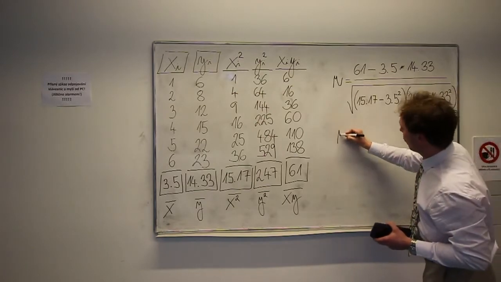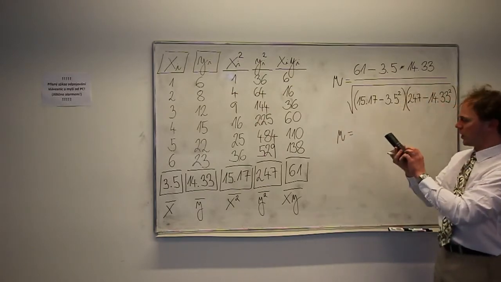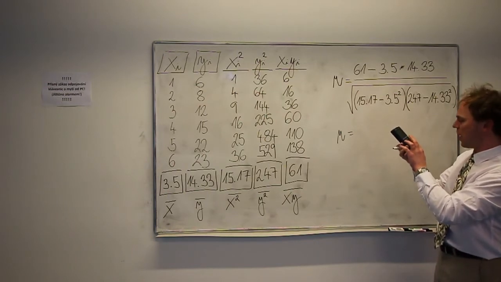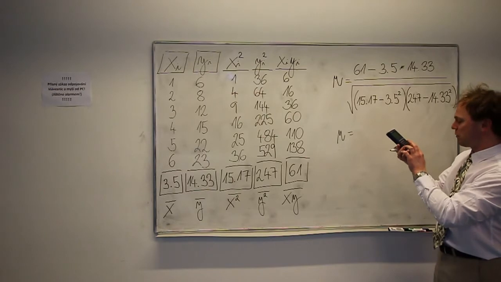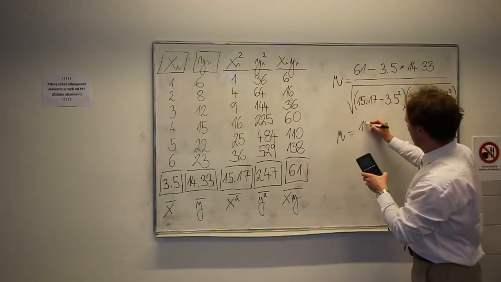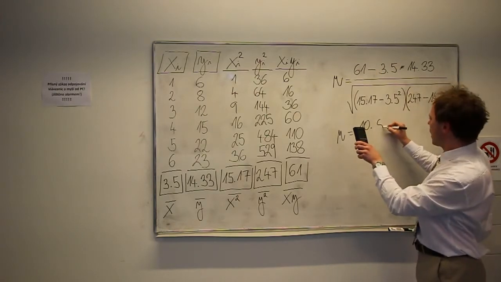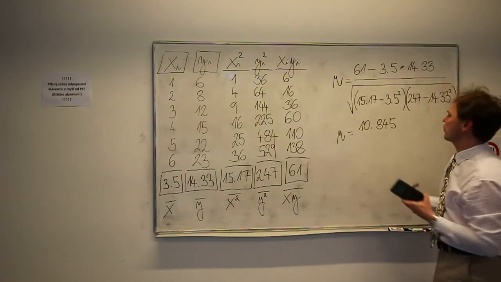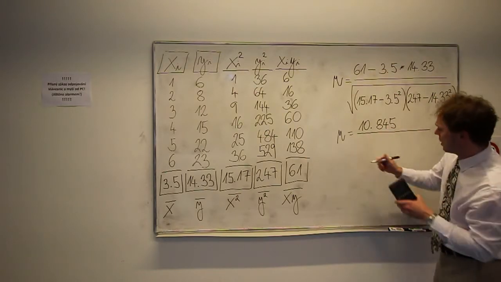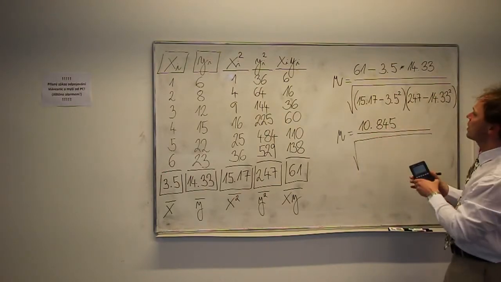Now I will calculate r is equal to, in numerator we have this minus 3.5 times 14.33, 10.845. Yeah? So this is the numerator divided by, there is square root, and we have here